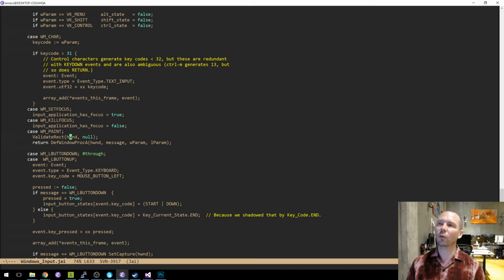Like, probably the reason I'm not painting is that the application is blocking during sizing on, you know, peek message or something. I don't know. So if we can make the application not block at that time, and then draw to whatever the current window size is, and then when you get around here later with the next paint message we validate rect, then that probably makes sense. I don't know.